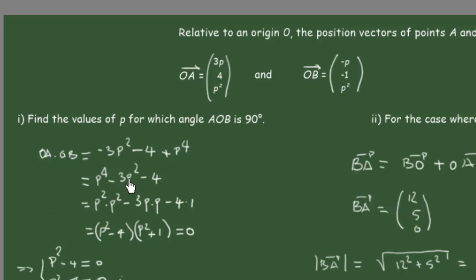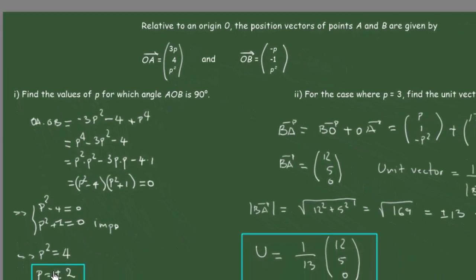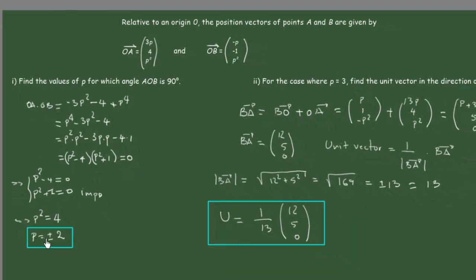And then we rearrange it in a decreasing power, and then we know that P to the power 2 times P to the power 2. So we just expand it to be able to factor it, and the factor of it is P squared minus 4 times P squared plus 1 equals 0. We work it out and obtain P equals plus minus 2, and these are the values for which the angle